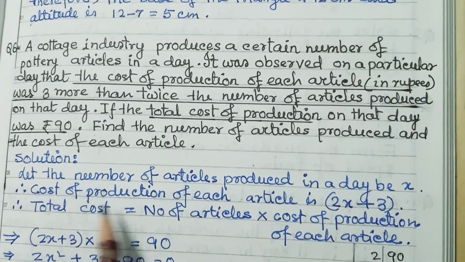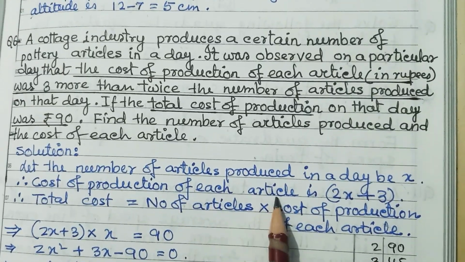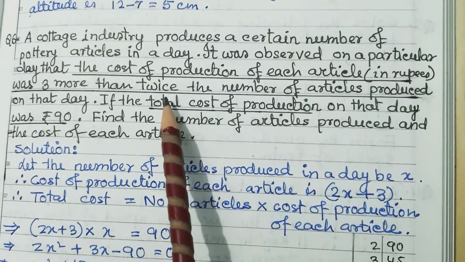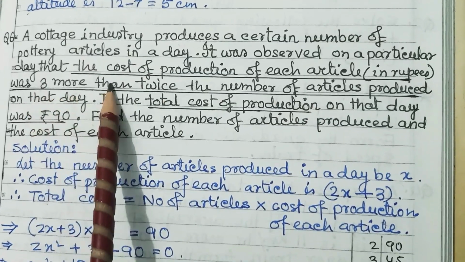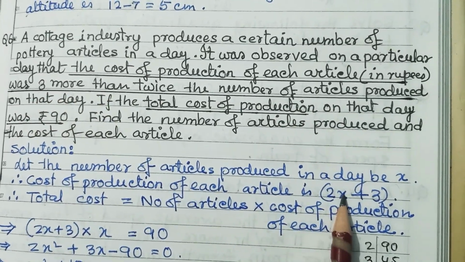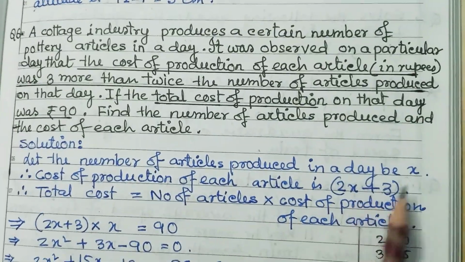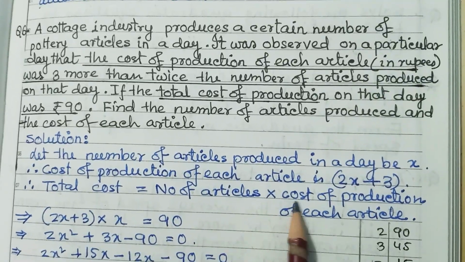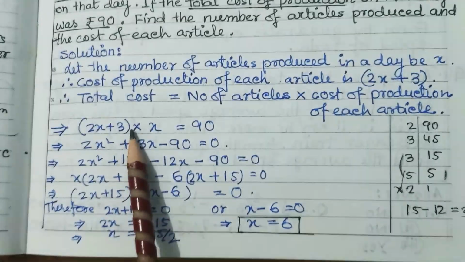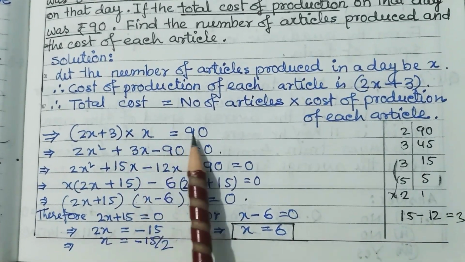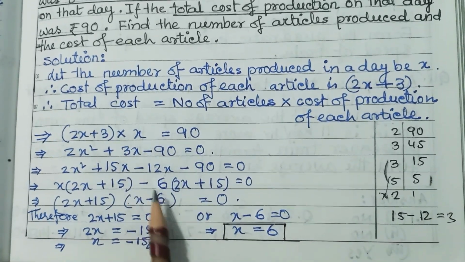Now solution: let the number of articles produced in a day be x, and the cost of production of each article is given as 3 more than twice the number of articles. So twice the number of articles plus 3. Now the total cost is these two multiplied: number of articles times cost of production for each article. So it is 2x plus 3 into x is equal to 90. Total cost is 90. Now the equation is coming,